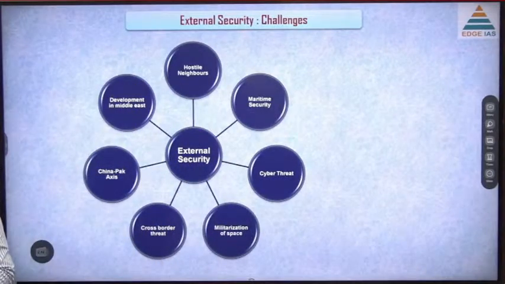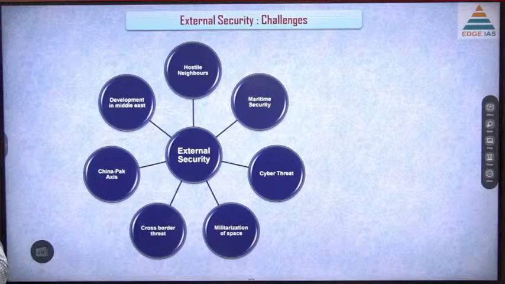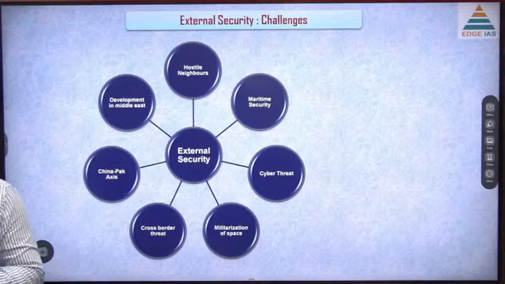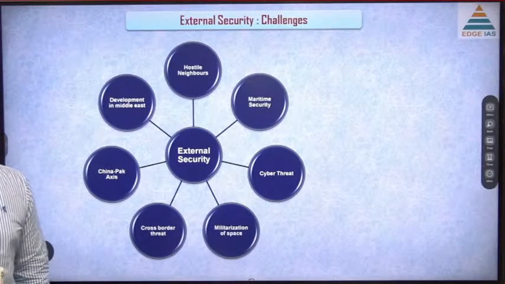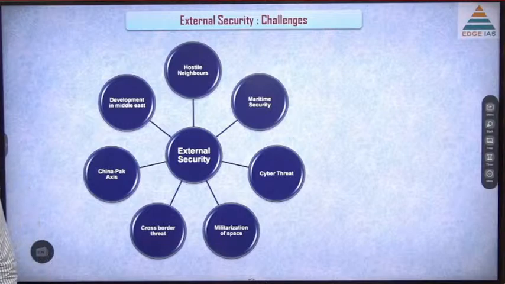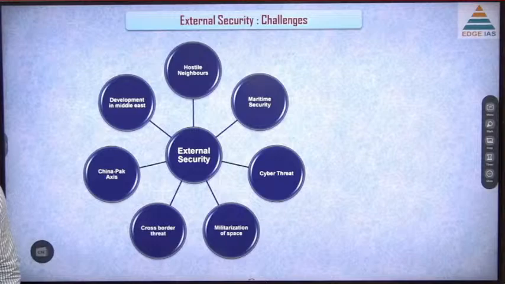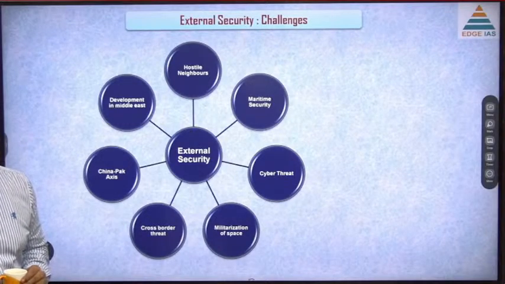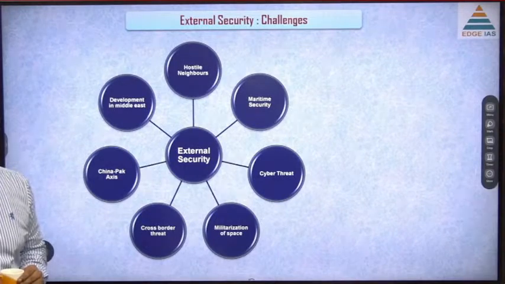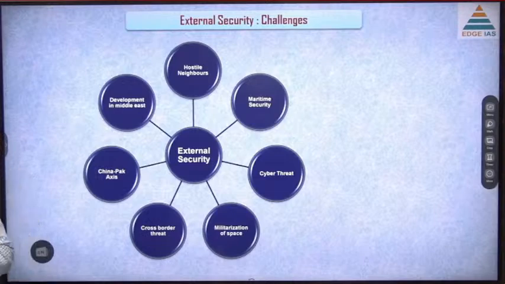National security is about the free will of the government to take its own decision,